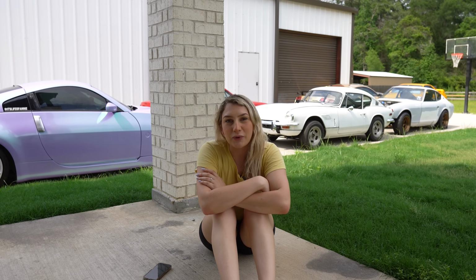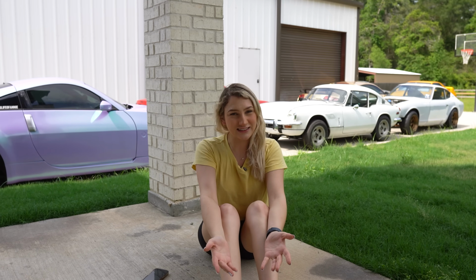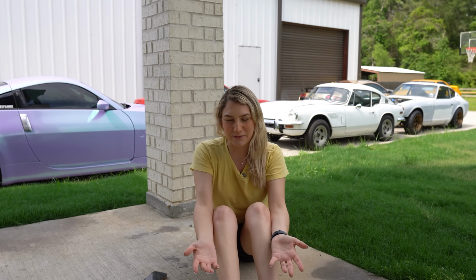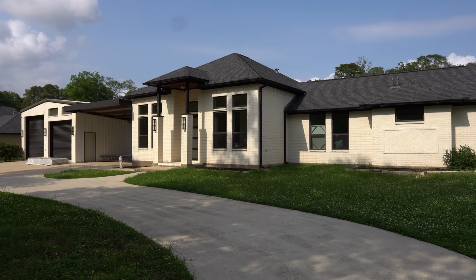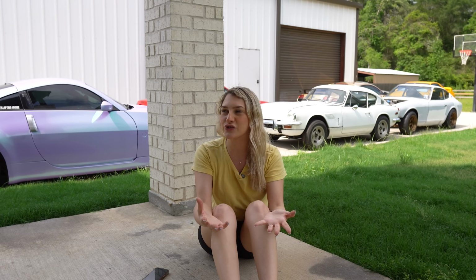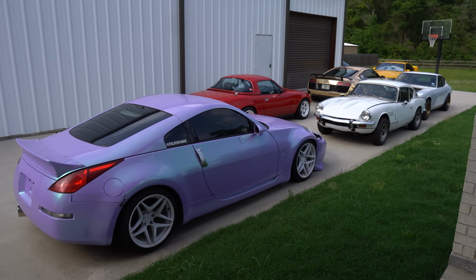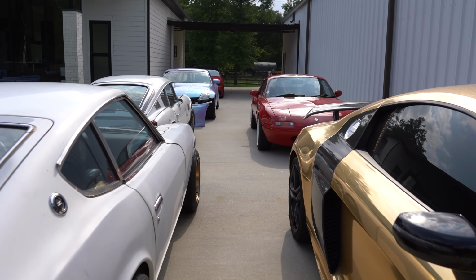I honestly thought that at this point in my life, I wasn't ready to buy my dream house, and I honestly didn't think it was that attainable until I found this place. The price was perfect, the garage was perfect, the house was perfect. I couldn't not get it. It was literally just walking into my dream house. I mean, can you look at it? Like, waking up to this view every morning, seeing all the cars lined up from my bedroom window, it still